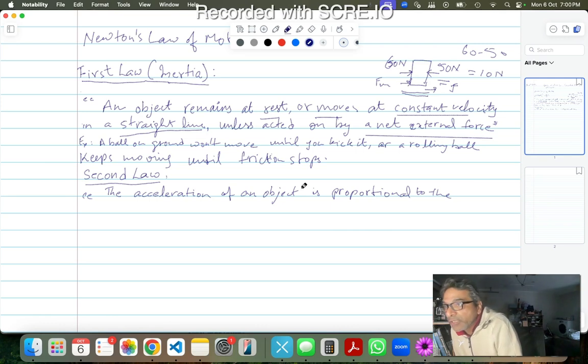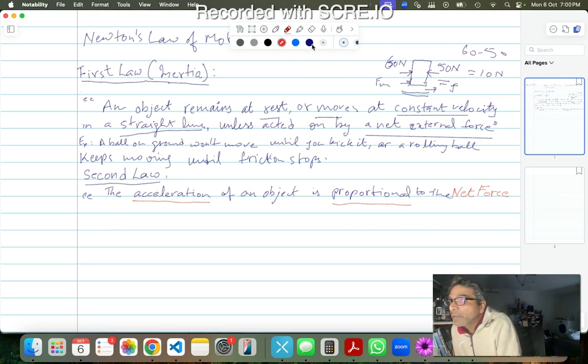I should have mentioned it in some other color. Net force, right? Proportional to the acceleration, proportional. Sometimes my lines are straight as an arrow, and sometimes I don't know what happened. Okay, to the net force,